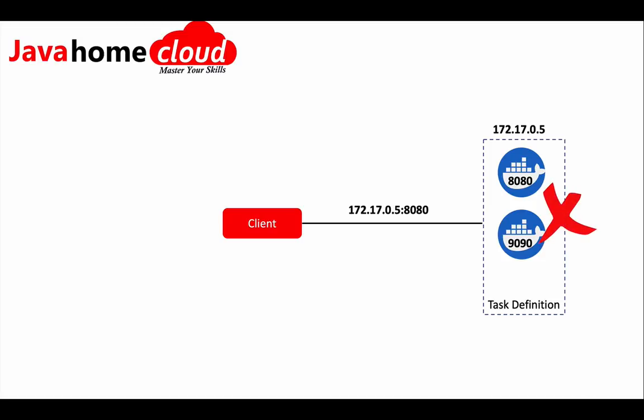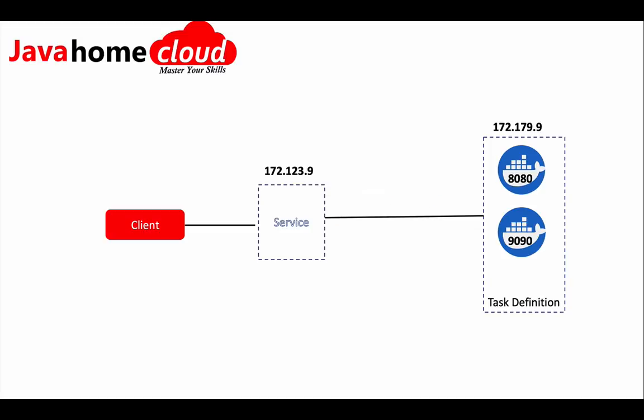In case any task in the cluster crashes, ECS will automatically spin up a new one, maybe on the same node or a different node, and the IP address is going to change in such cases. If the IP address changes for the new task, the client will have trouble connecting to that specific task because the IP got changed. So this is the biggest problem if clients directly talk to tasks, and to solve these problems, Amazon ECS